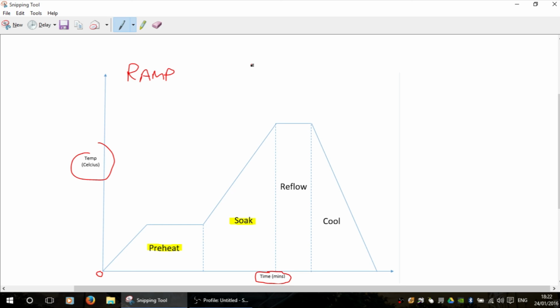So the higher the ramp value, the faster the machine will attempt to raise the temperature of the rework area, and that's usually measured in something called degrees per second. And in our case, of course, in our diagram, we're using Celsius. So it's usually set between 1 and 3 degrees C per second, and default on the RE8500 as I use